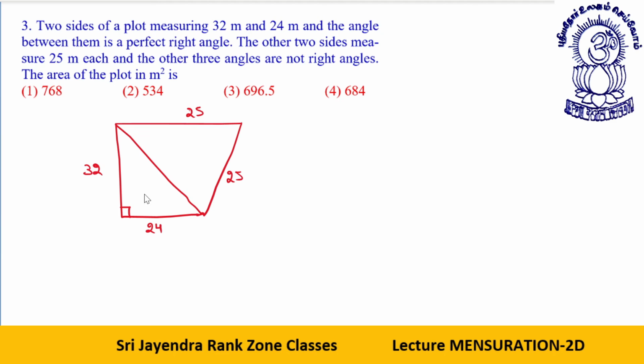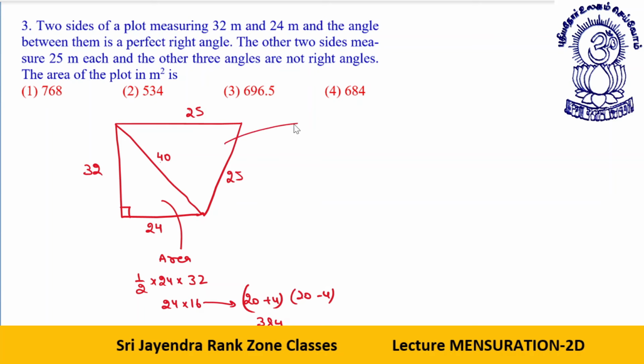Now where I have reached, this is 32, this is 24. So by the use of Pythagoras, this becomes 40. Okay. The area for this is how much? Half into 24 into, this gives me 24 into 16. This I can read as 20 plus 4, 20 minus 4. 20 square minus 4 square, that is 384.